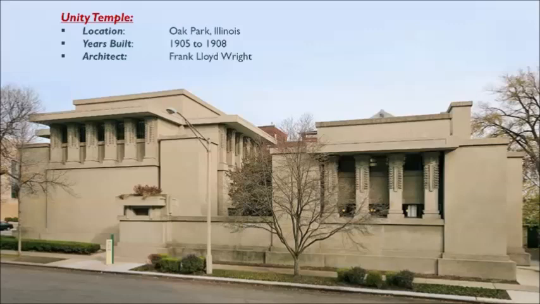When we look at the time that it was built, this was built between 1905 and 1908. This is quite early in Frank Lloyd Wright's career, but he is starting to experiment with architectural precedent, which means he is looking toward previous examples of classical architecture and putting his own spin on that, and also looking at monumental architecture and things that were meant to